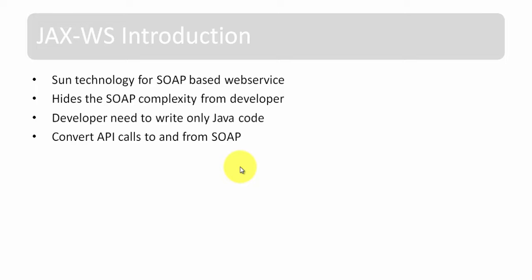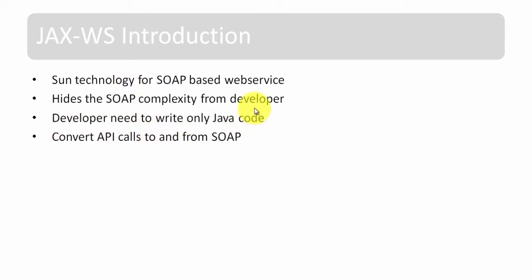We can get the same jars and make the web service run in any J2EE web server like Tomcat. The idea of JAX-WS is to hide the SOAP complexity from the Java developer. XML is difficult to write by hand, so to hide the complexities of dynamically generating XML, we have JAX-WS.